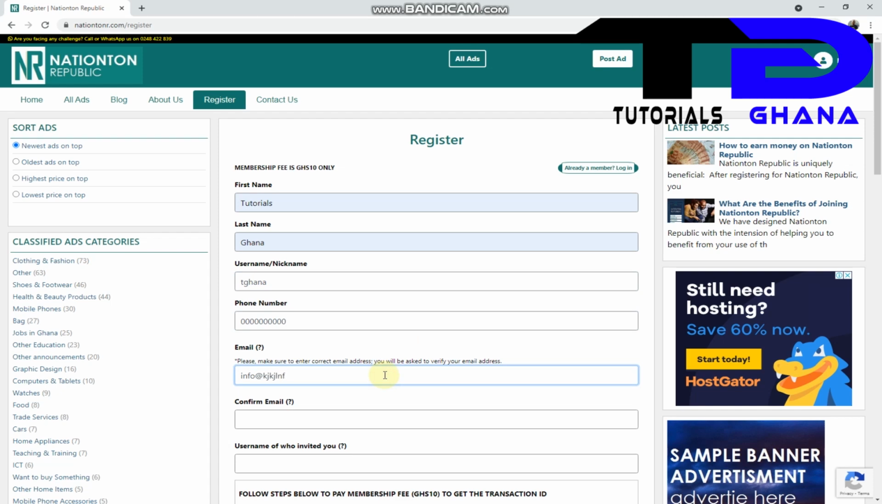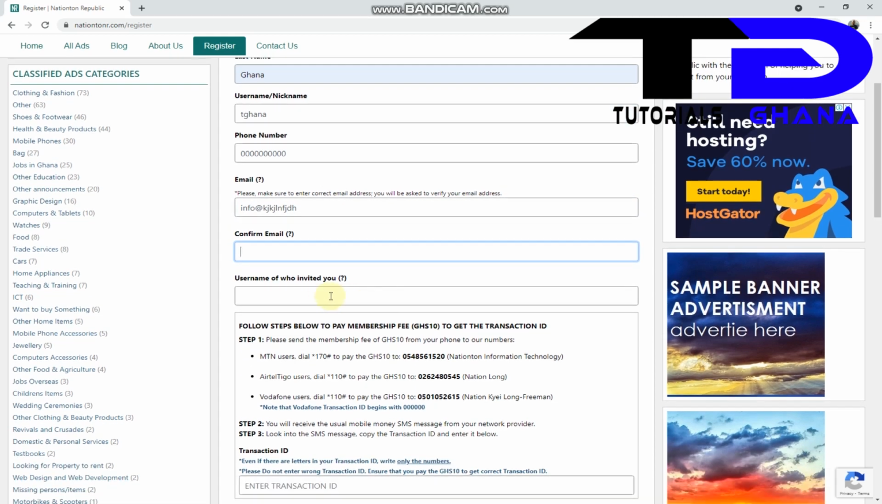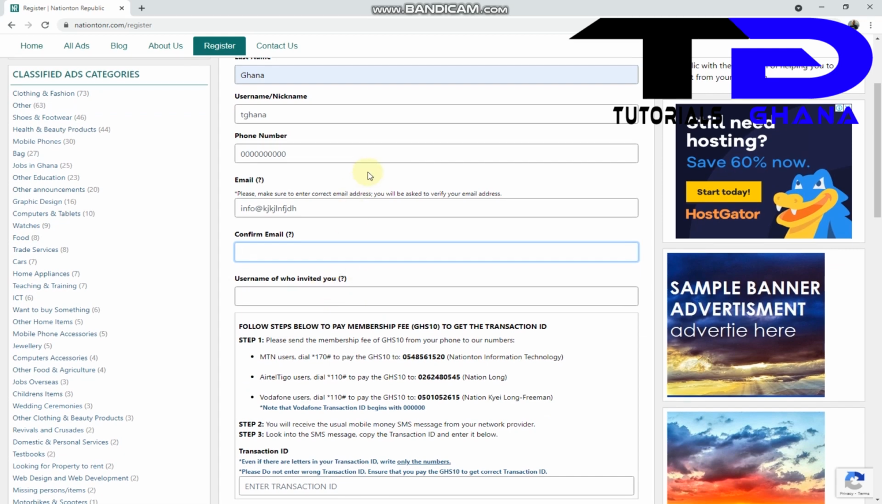But some of you have @gmail.com. Yeah, it is also an email. Others don't know it's an email. Then you confirm it here. Then the person who invited you, enter. And if you are using a link, that username of who invited you is going to be inserted automatically. So after filling this,